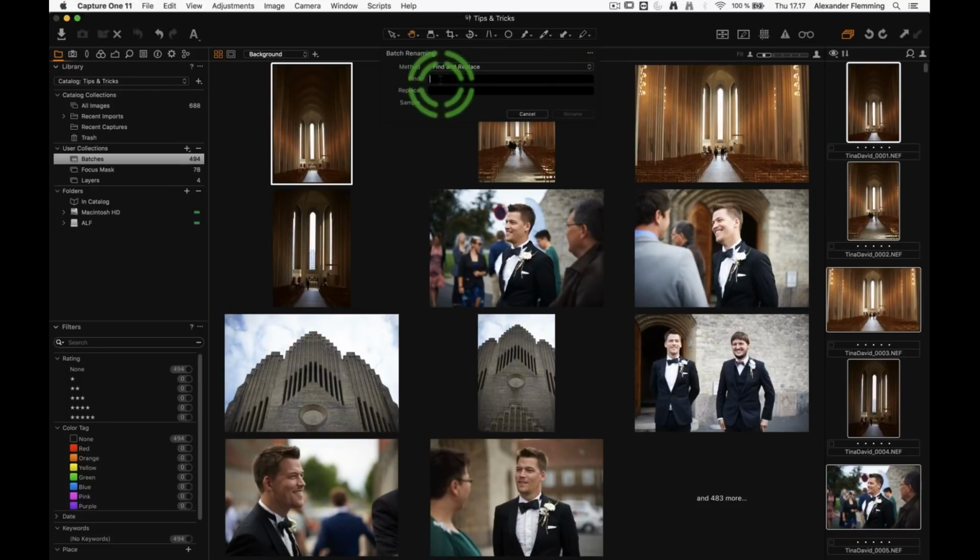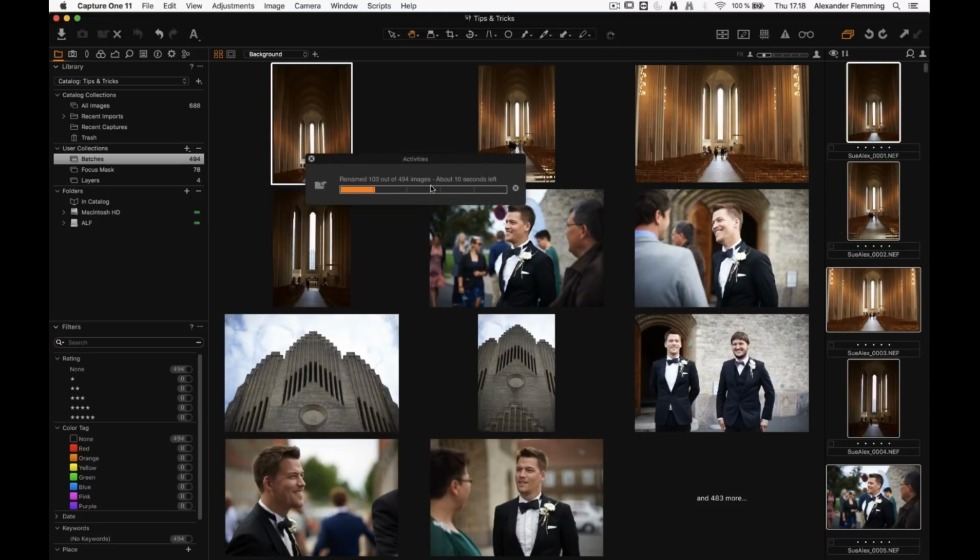So what this does is you enter something here, let's say Tina, David, and then I realized actually both names were wrong. So let's say Sue and Alex. What you can see here is it finds this part of the image file name and replaces it with this part. And rename, and boom, done. Almost. It takes 10 seconds because they're on an external drive. But it's still pretty speedy and a lot easier than